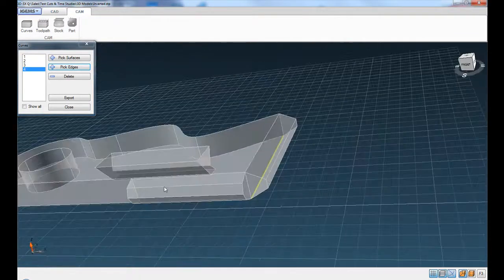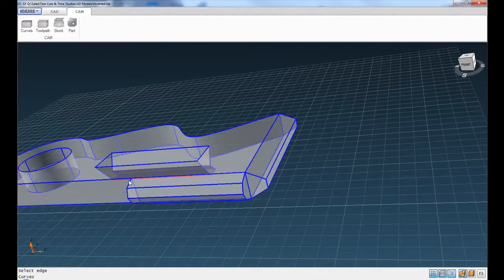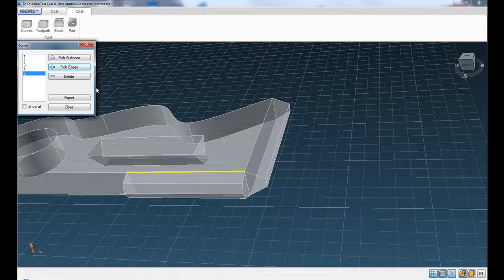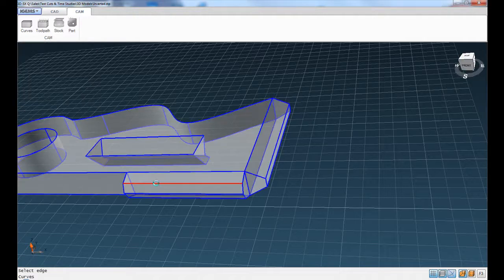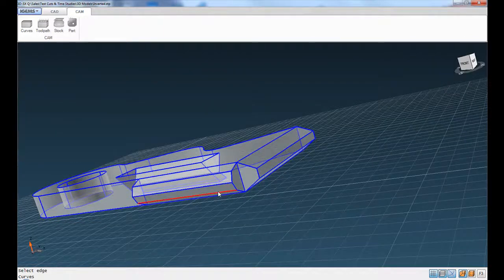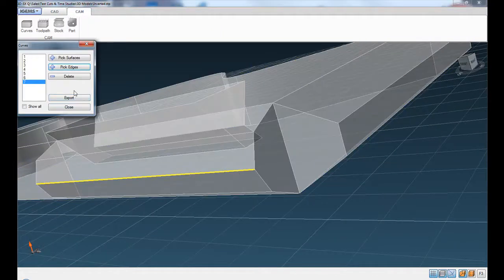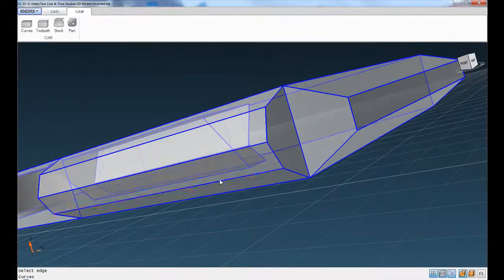And then down here in this area we'll click on pick edges again, and you'll see that depending on where I hover, I either get this short line here or this line here, or depending on how I hover, I might get that entire line, but I'll just click so I just get that short segment of that line there, and then hit enter, and then pick edges again, and click this line here, and continue on like that. So we'll pick that edge here, and then this edge here,